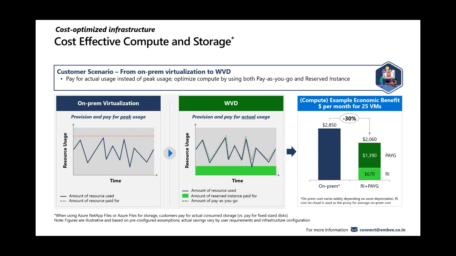So for on-prem virtualization, on the left-hand side, you will have to provision and pay for peak users regardless of your actual users, right? So it's a total capitalized cost. Even if you are planning to configure 100 users in a WVD environment and initially you want to start with 20 users only, you have to pay that hardware cost for 100 users because this is the actual requirement. You end up paying for 100 users even though you are utilizing 20 users in your on-premises environment. This is the additional investment you end up making in an on-premises environment.